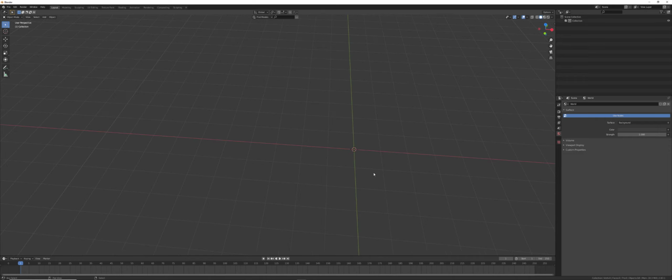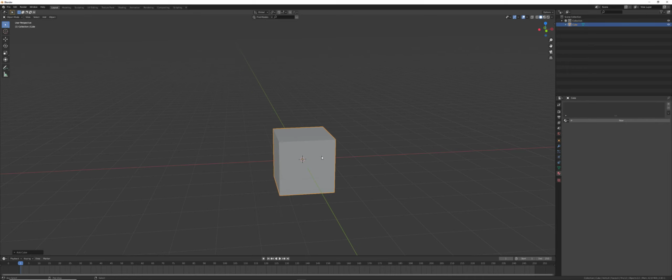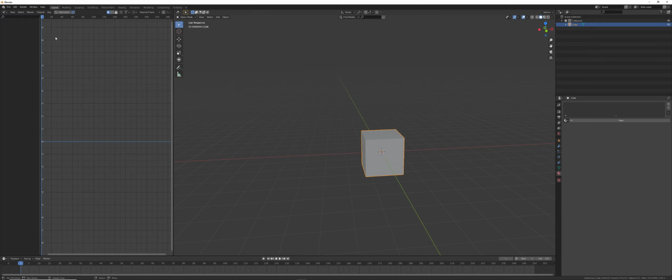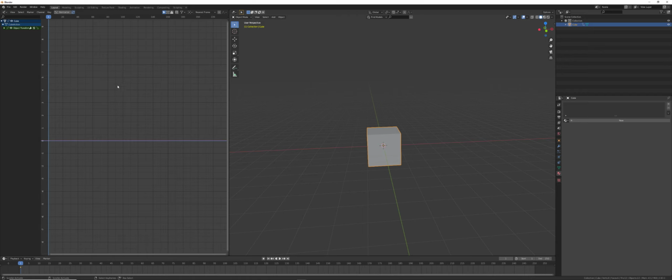Alright, so someone asked me how to make something shake, and I'm just going to show this really quick. You create your object, or you take your object, it doesn't matter. Then you just open a new window here and go to, let's say, the graph editor, and you're going to make a keyframe, and let's just use location, doesn't matter really at all. Well, I guess depending. If you want to make the location shake, then you have to obviously key the location